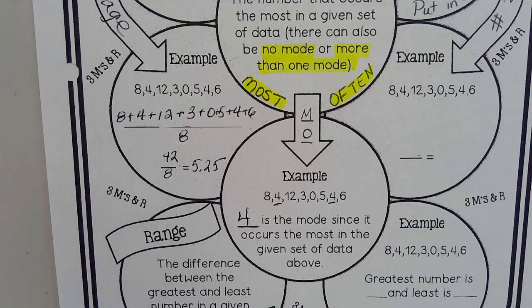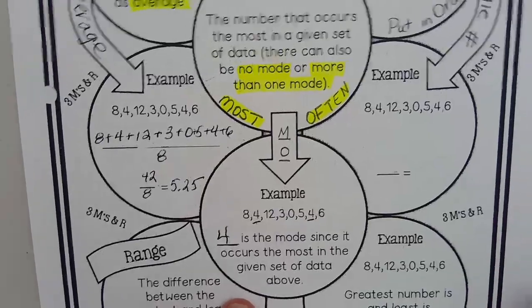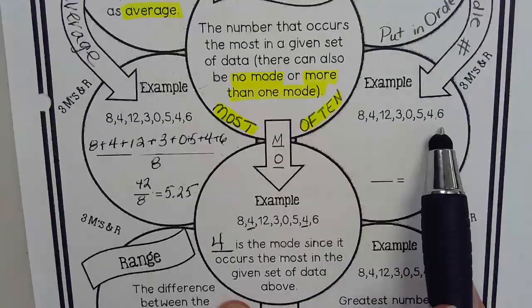Why not? They're going to think that 0 is the number. And so we're not going to put a number. We're going to write the word no mode or none. Questions? Before we go, we're going to take this list and we're going to put them in order for the